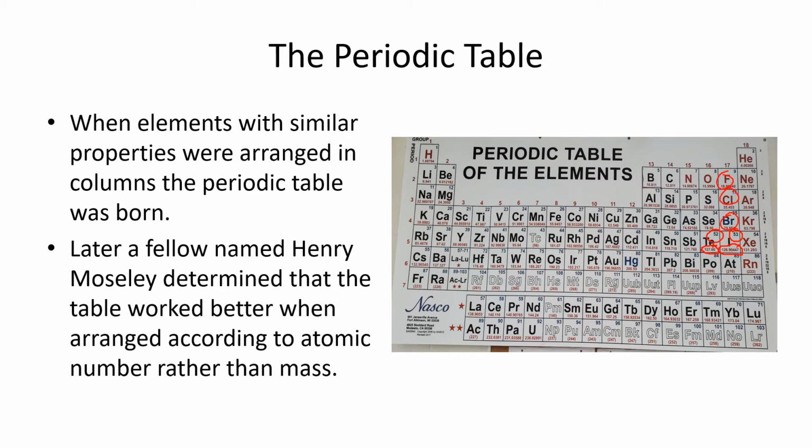And so Mendeleev even saw this problem when he was making his table. He just thought the numbers weren't accurate. But it turns out the numbers were accurate. It's just that atomic number makes more sense, and we'll learn why later on. But our periodic table is arranged in order of increasing atomic number. So if you go from left to right, starting at the top left-hand corner, you'll see the blue numbers in the corner there. Those are the atomic numbers, and they always increase. So it's 1, 2, and then over here, 3, 4, 5, 6, 7, 8, 9, and so forth